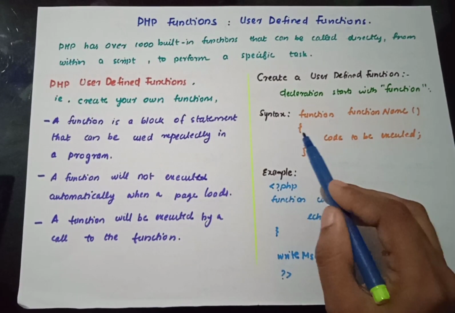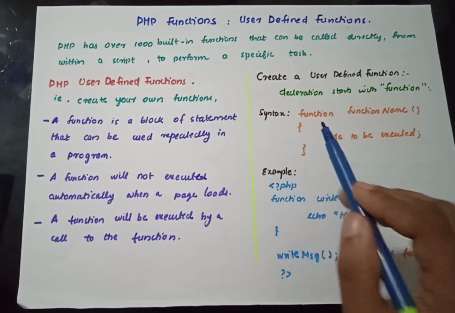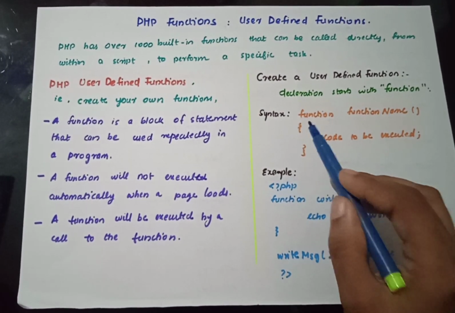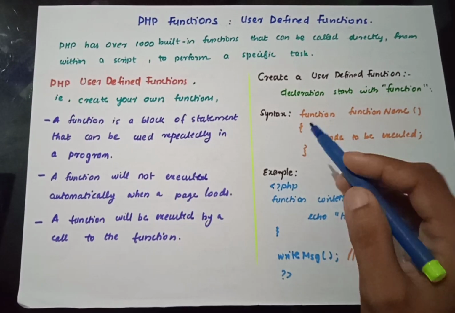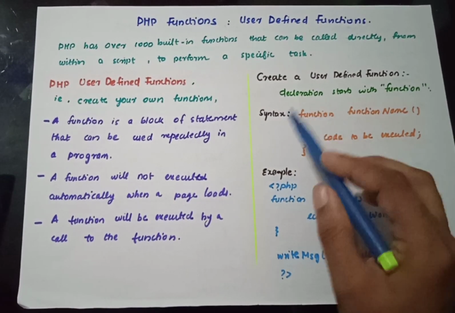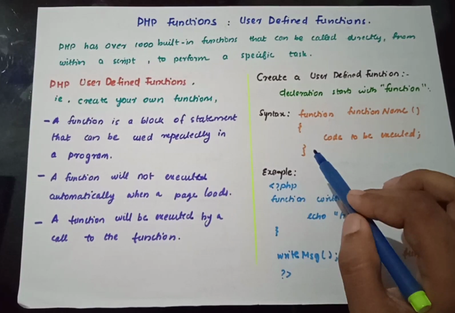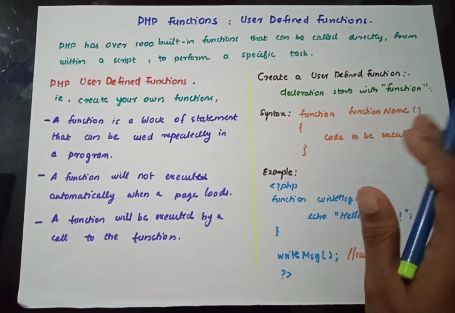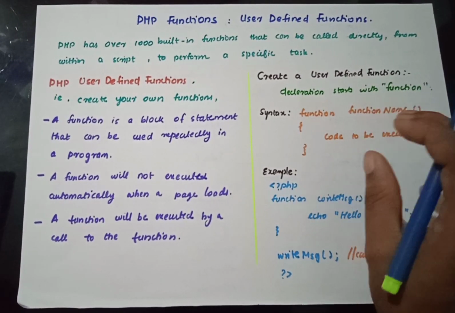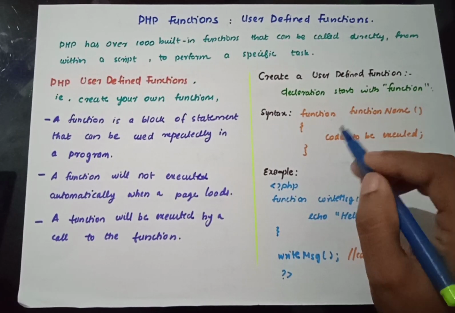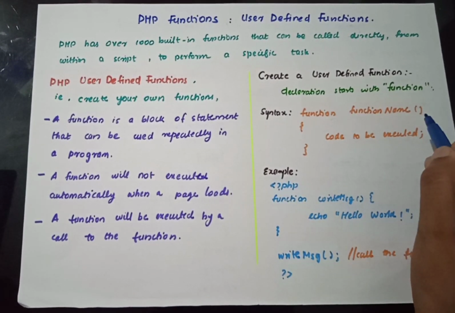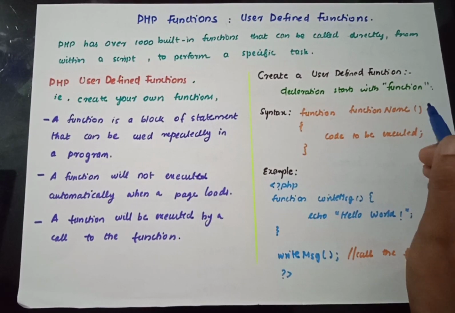And the curly braces are also very important. Whenever you open your braces, from then your function code starts to work. And when they close, that's all about that single function. So this type of function can be written anywhere in your program and can be called whenever you need by using that function name. That is actually calling the function.